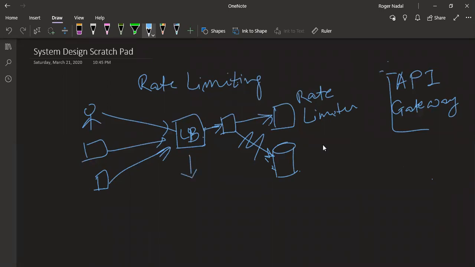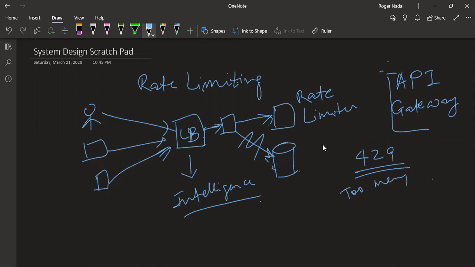So some intelligence could be here, right? I will come to that a little bit today, hopefully, if we have time. If there is some intelligence, it can determine, hey, there are too many requests from this guy, just return 429 or something. Also, what does 429 mean? I just want to make sure, because maybe not everybody has used it. Anyone else? It's simply too many requests. You can do the I'm a teapot as well. I mean, there are many funny HTTP responses. Yeah, too many requests, and then call later, things like that you can do.